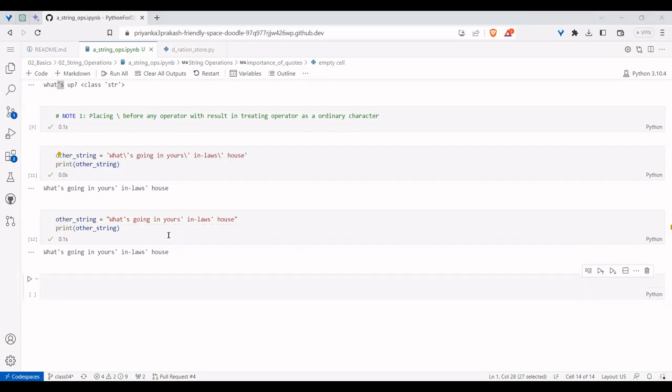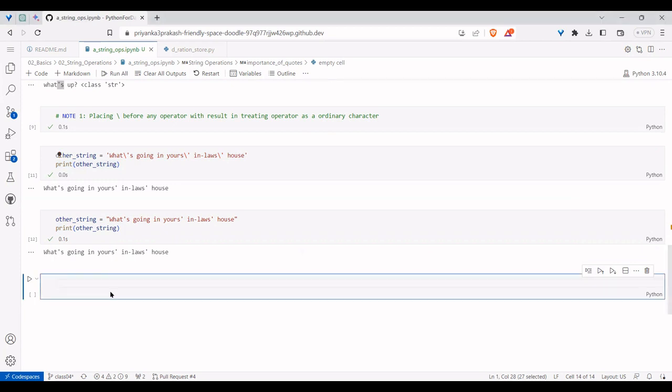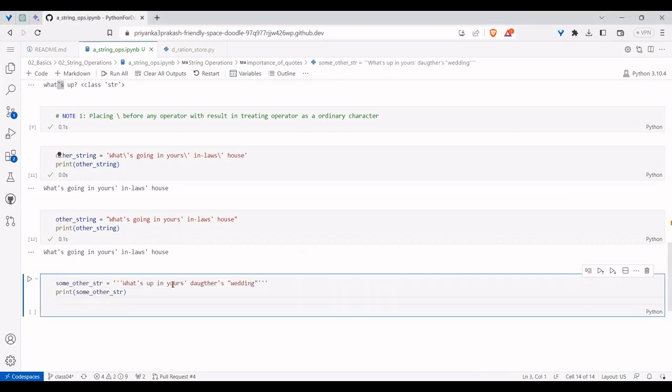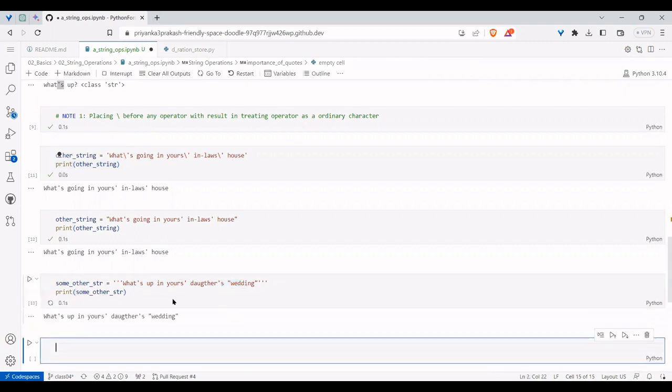Okay, sir. Then in which case do I need to go for triple quotes? Whenever you have content where you have double and single quotes within that string, then use triple quotes. In this particular string, I have single quotes within it and also some double quotes. It may not be the correct example, but generally if you go to awk scripts, whenever you're doing Python automations with awk scripts, which is one of the scripting languages in Linux, it will have complex syntax most of the time. Whenever I am doing that kind of automation, I use triple quotes.